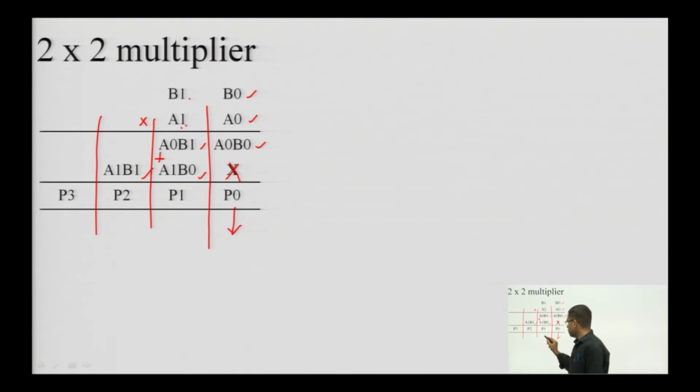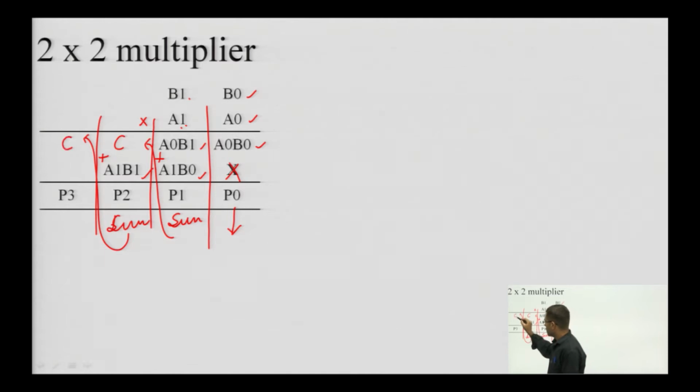So, this sum can be considered here, it will be p 1, and the carry which will be generated here will be transferred to the next stage. So, this will be my carry. So, this carry plus a 1 b 1, again we will be requiring another half adder to generate the sum, and again a carry might be there, but there is nothing to be added. So, this carry plus 0 will be this p 3.